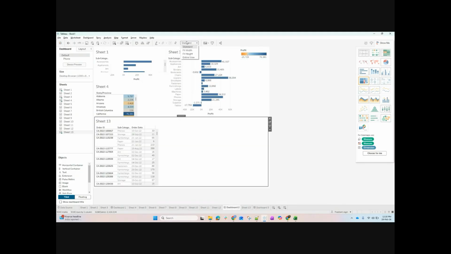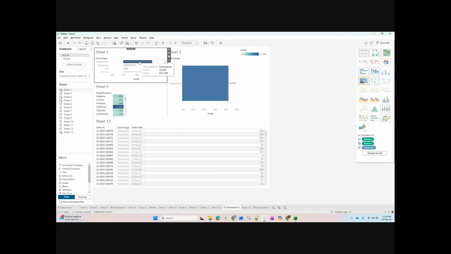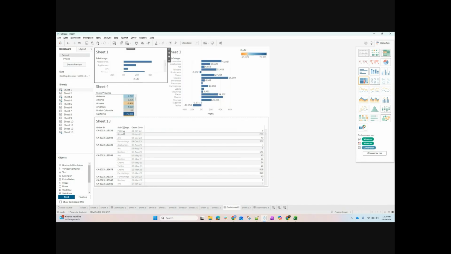To understand the detail view, if I want to go advanced, if I click this accessory, I'll get the detail of this entire accessory. See, the sales is 160K. You can see the sales is 167K. The text table is a simple Excel table. It will give the additional table. Observe it. We can create a chart also, but in corporate, most people want a text table only